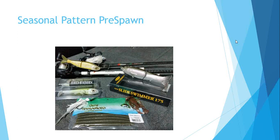So I went through the settings on the HydroWave, from pretty much a mellow baitfish to an active, and then into a feeding. I went through the progression levels, and those big shad started moving around. And it was kind of neat. Once I got it up to the frenzy